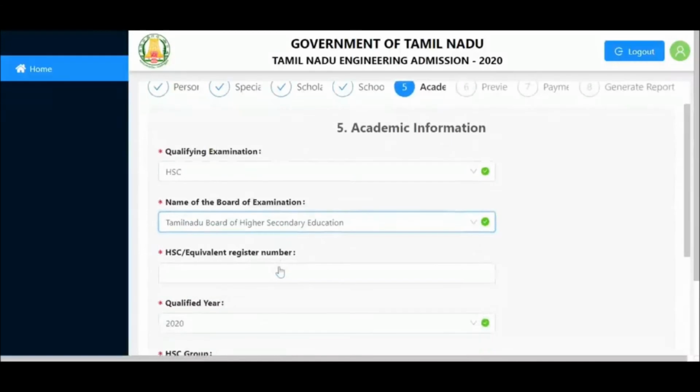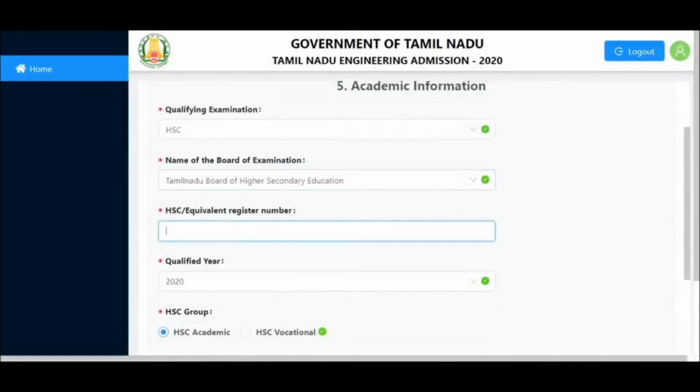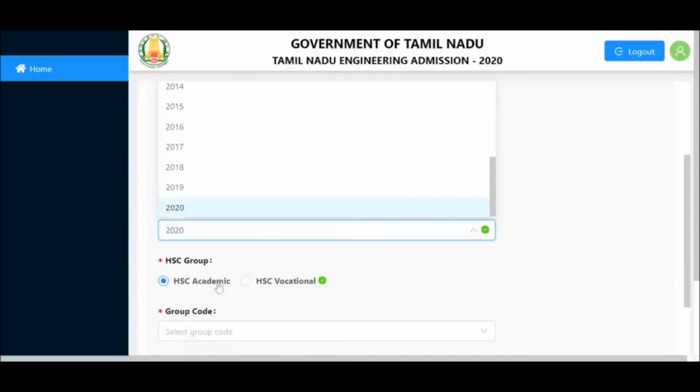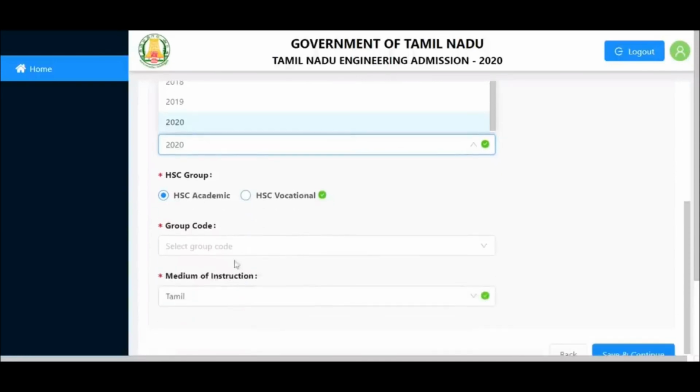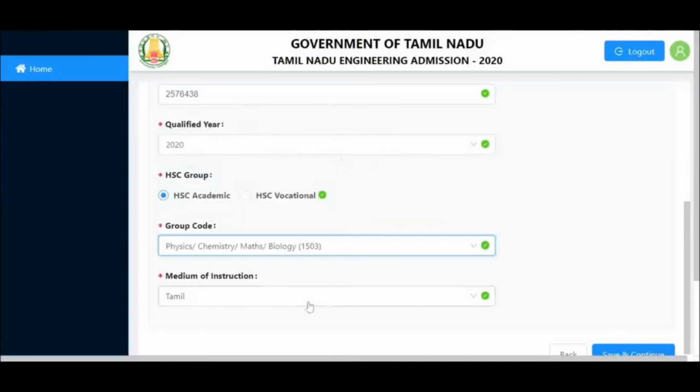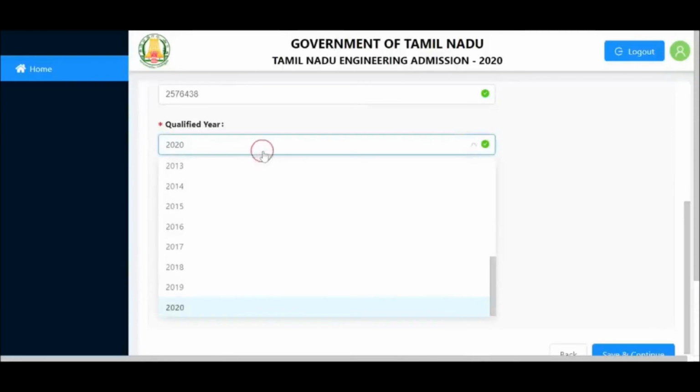And then your academic information, which board, HSC or CBSE, and then the board of the examination, Tamil Nadu board or central, and then the registration number, which is the roll number on your hall ticket, qualifying year 2020 or whichever year you are qualifying your 12th standard, and then whether your HSC is academic or vocational, and then the group code, which group you studied in 12th, and then the medium of instruction, whether Tamil or English.